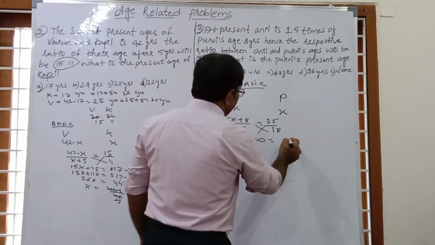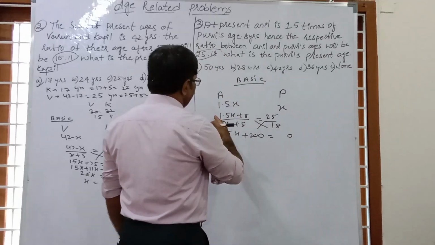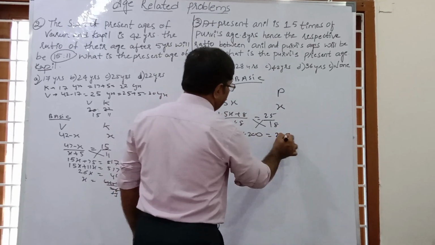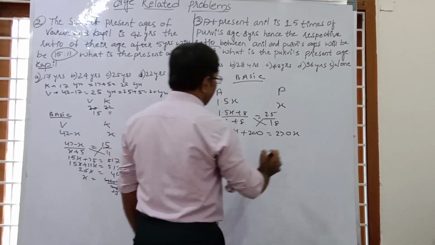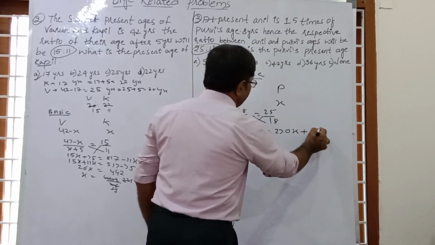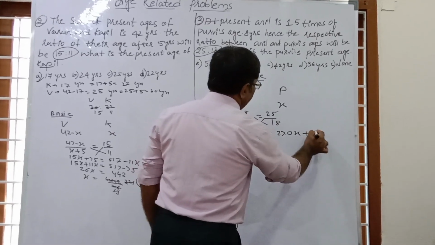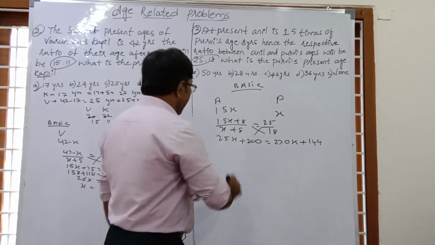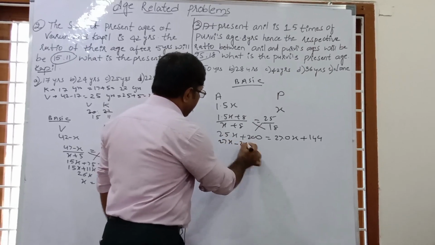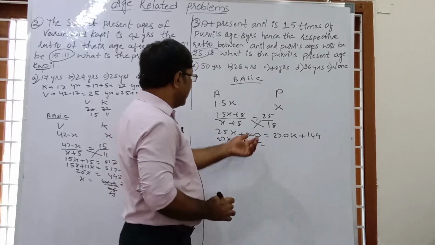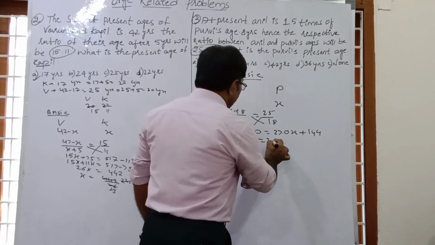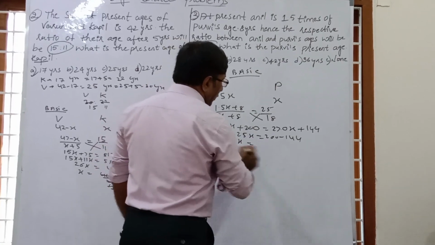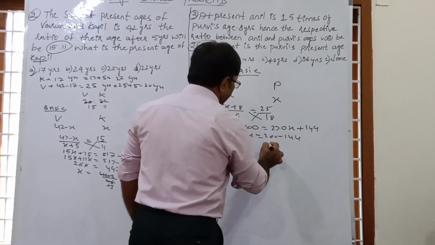1.5 into 18. So 18 5 is 90, 18 1 is 18 and 9, 27. Now the decimal after one digit. So here the decimal, that is 27.0x, and plus 18 into 8. 8 8 is 64, 8 1 is 8, 6, 40. So now this is 25x and this is 27x. So we can write 27x minus 25x. Now this is 200, this is 144. So this is 200 minus 144. So this is 2x equal to 10 minus 4, 6, 9 minus 4, 5.